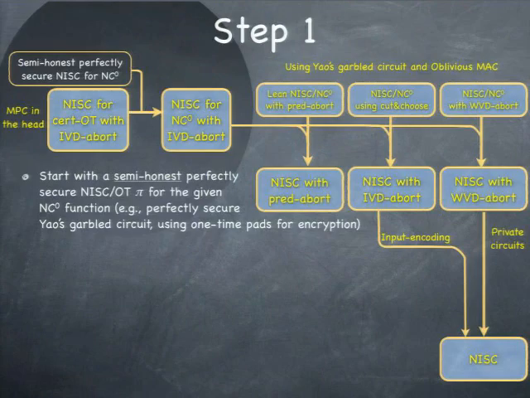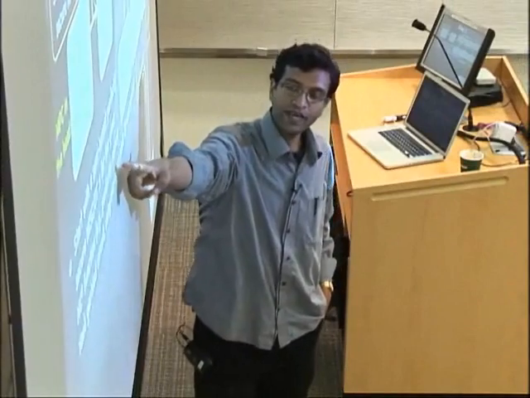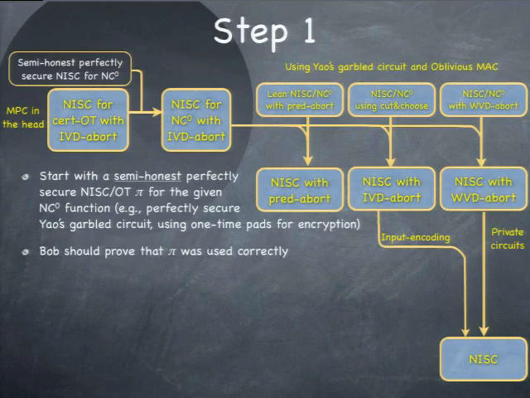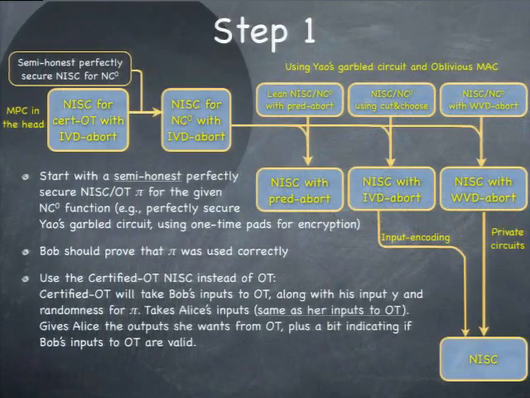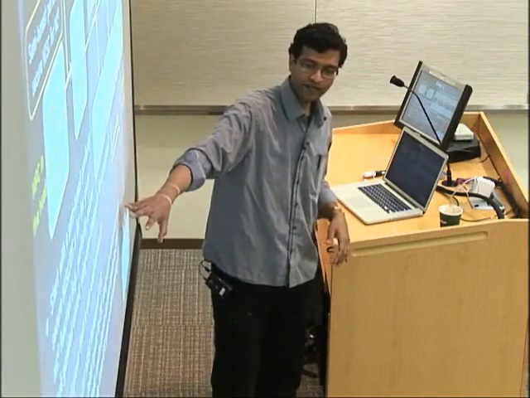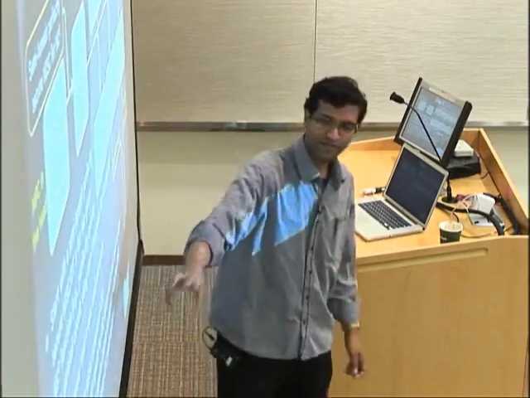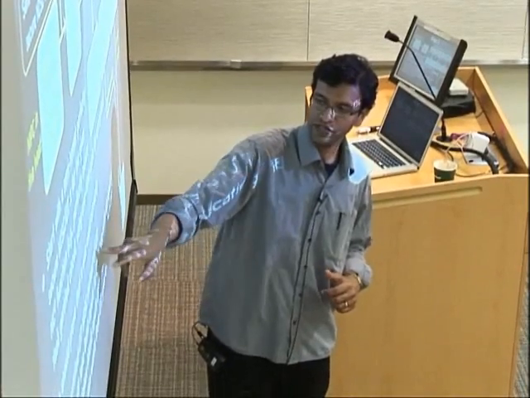And how to go from that to this is you start with, say, a perfectly secure Yao's garbled circuit protocol, and Bob needs to prove that the garbled circuit was prepared correctly, and for that you'll use certified OT. It's fairly straightforward. So let me actually, do you want me to go over that? So the certified OT will take,